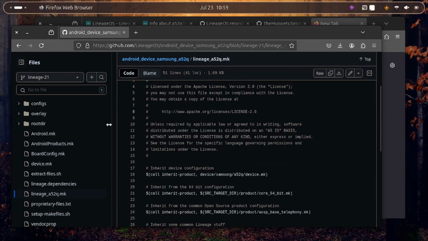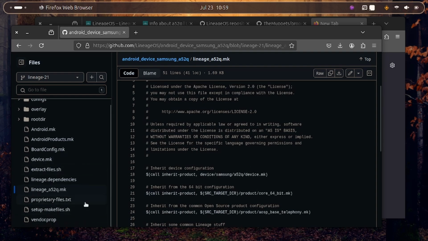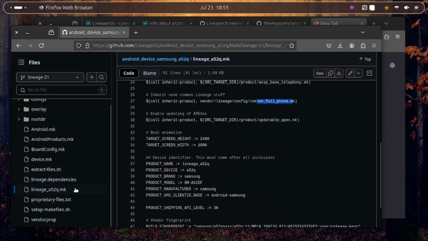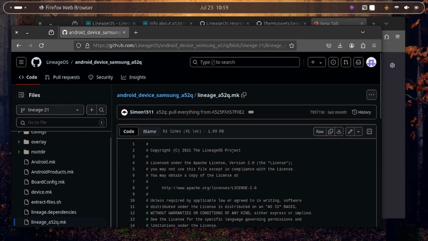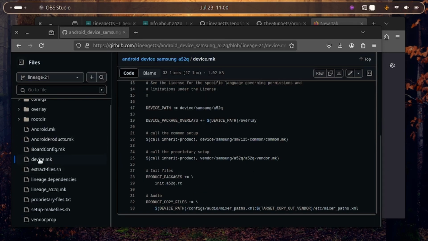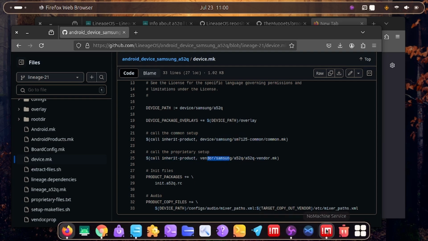So let's keep looking. We have found a place to put our device tree. Also, the place that you put the device tree is just the same as the vendor. You just have to look through your device.mk, and then you find it from there. Here I am in my device.mk, and you can see that I have the device Samsung, and then the common tree will be placed in a directory like this, and then the vendor tree will also be placed in a directory like this. So let's go to our server, and then let's look for